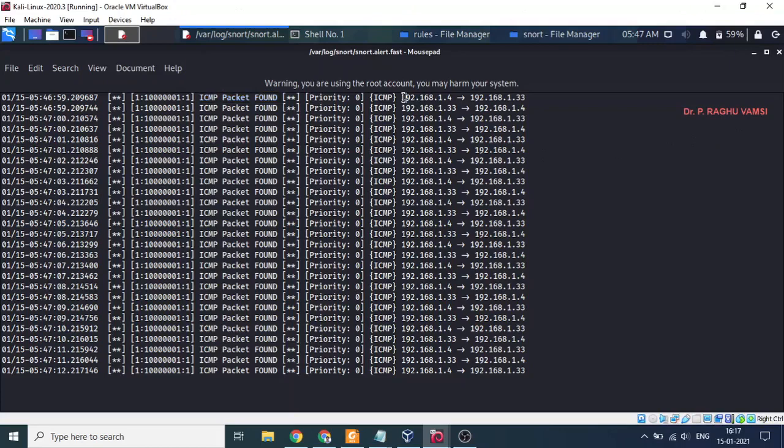Since we are receiving the ICMP request from the Windows XP operating system, which is on 192.168.1.4, and we are receiving it at the Kali Linux operating system. So this is where the things were recorded, and it will be placed in the log.